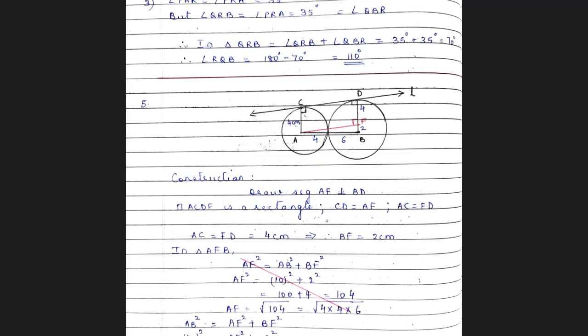Okay. Now, your question is to find the distance, the length of CD. Now what we will do here is consider triangle AFB. It's a right angle triangle. We will use Pythagoras theorem. AB is given, BF is given. So I'll find out AF. Once I find AF, CD will be equal in measure because they are opposite sides of the same rectangle. And so I'll get the value of CD.